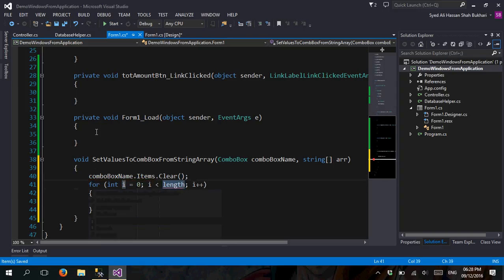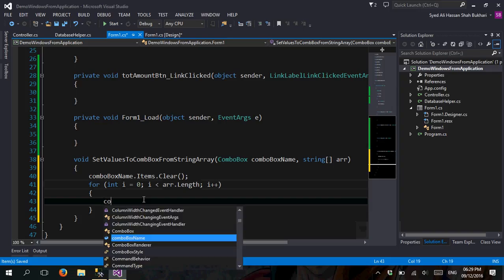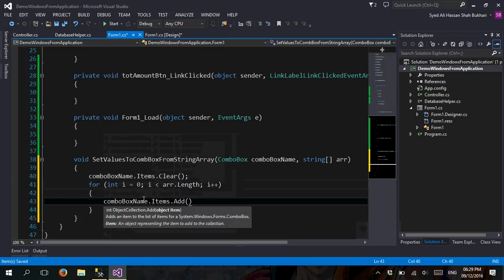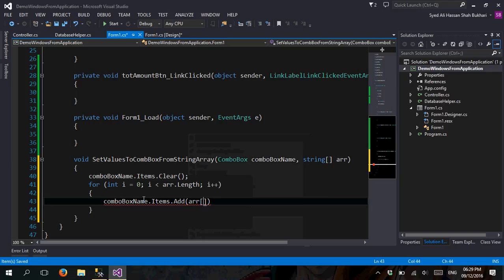So dot length. So now I'm defining the length. Afterwards just wrapping it. So ComboBox main dot items dot add, and that is DataGridView. So it's done,